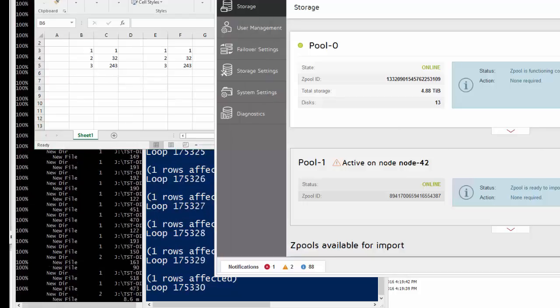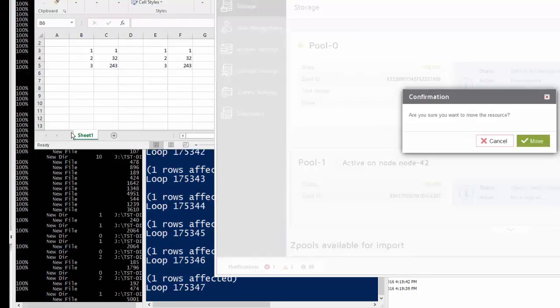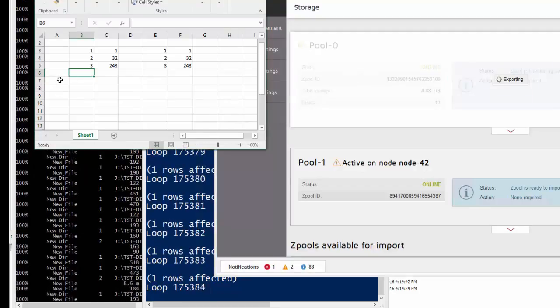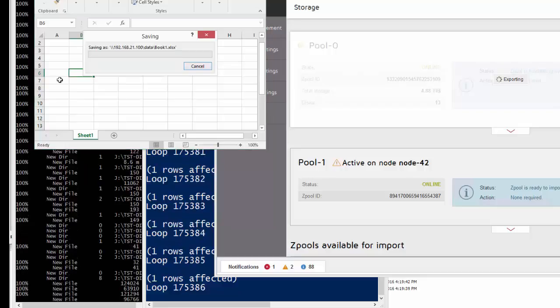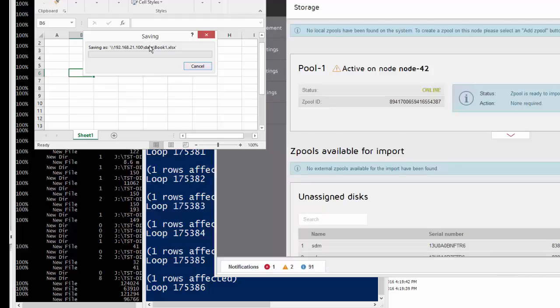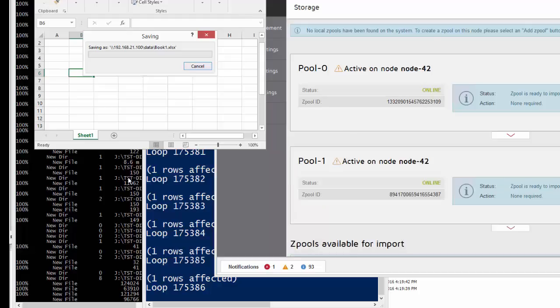So let us failover. We move, and I will just click Ctrl S a few times. Okay, now we see something stopped. Saving Excel takes time because the system is temporarily unavailable. The loop stopped, and the copying file is not moving, right? A failover takes a few seconds, and once it is completed, I will have everything running again, right?